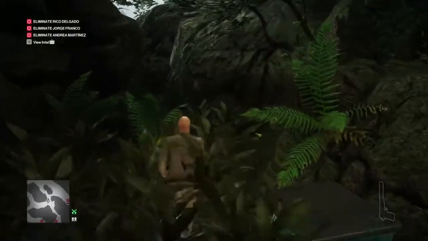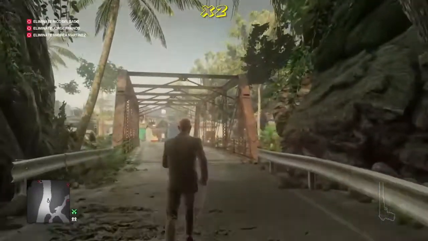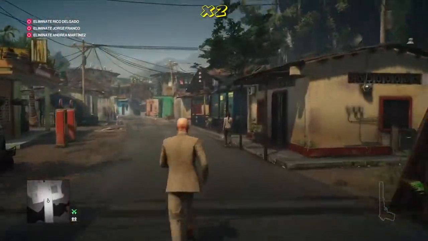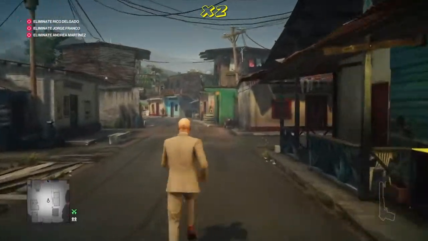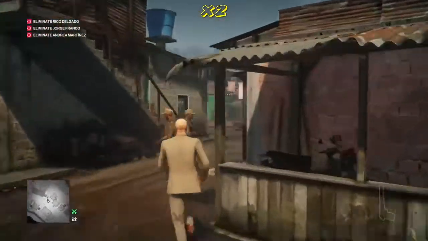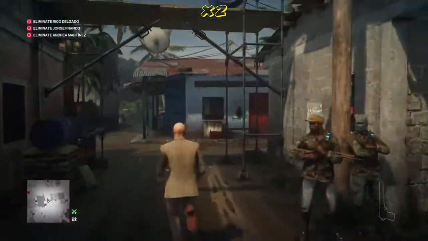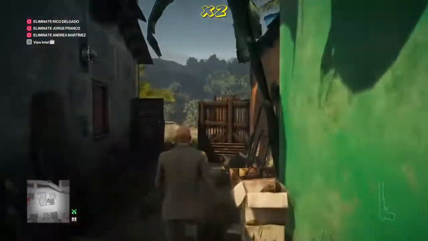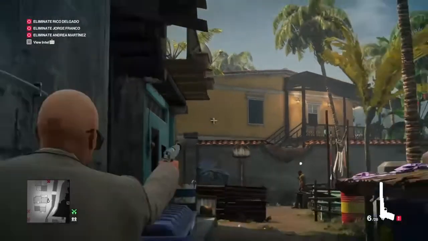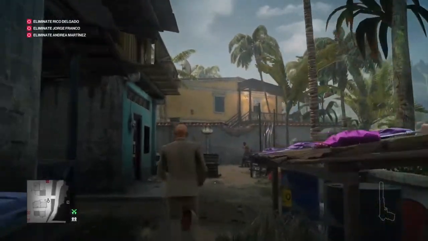So now what we're going to go and do is take care of Andrea Martinez and Rico Delgado in that order. So we're going to go straight down to Martinez's office, so it's all the way back through the village. We're going to cut round the back here, go round the back of the band accommodation. That's the place with the loud music blaring out. And just behind their house, we're going to pull out our pistol once again, shoot the camera on Martinez's office wall,